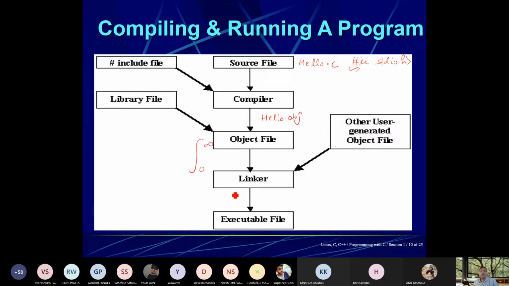Now suppose this is the case of Windows, then hello.exe will be created. In the case of a Linux or Unix based system, we are creating hello only, and dot slash hello will be run on Linux, Unix and Apple Mac operating systems. Now suppose there will be any error, syntax error.